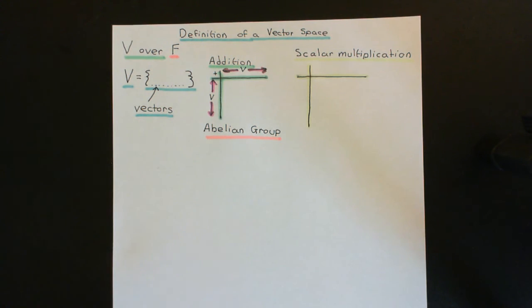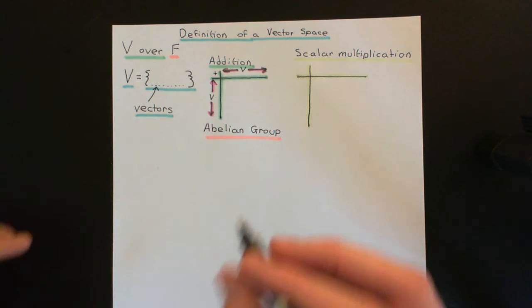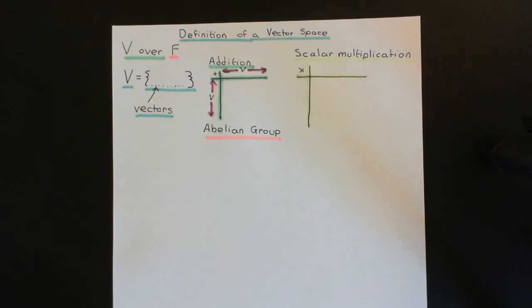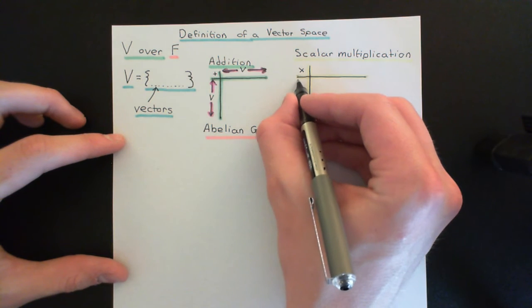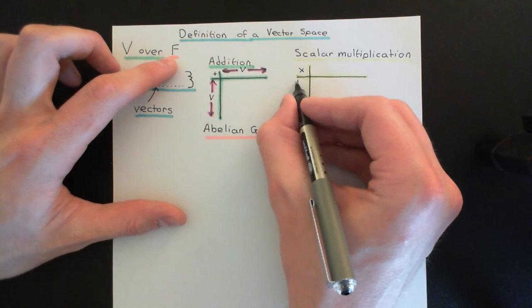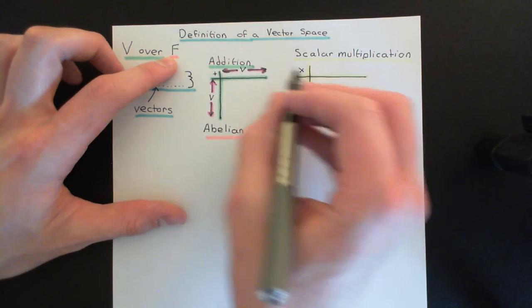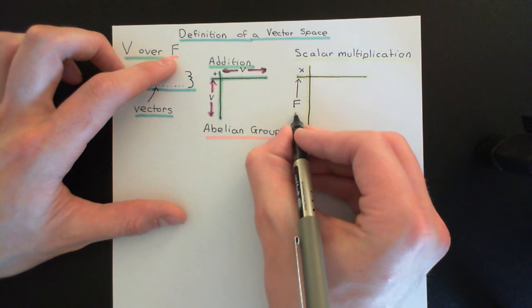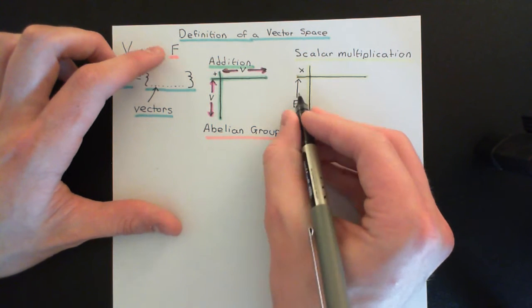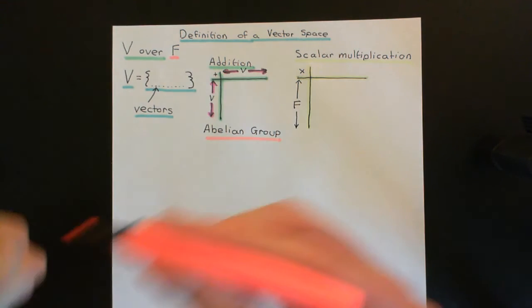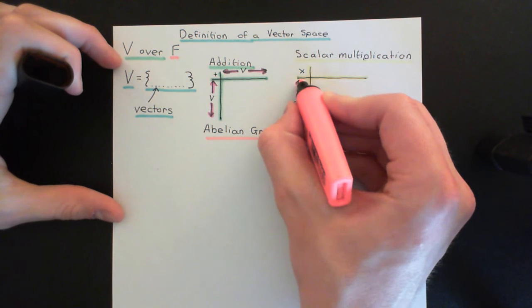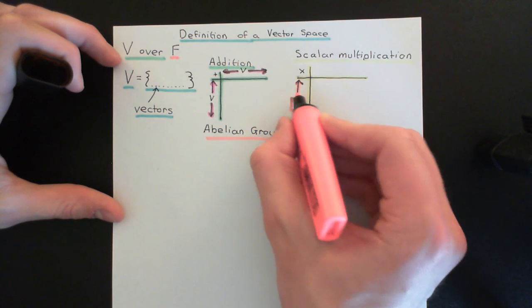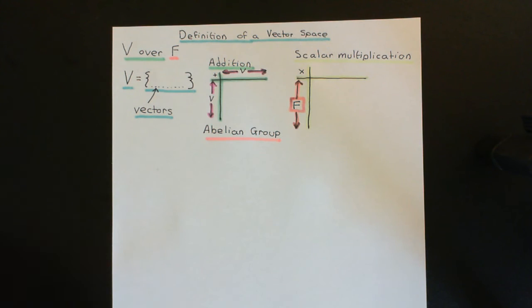So here is our scalar multiplication composition table, and the symbol for this will just be a times symbol. What we're going to do is give all of the elements of this field, capital F, this number system that's a field, rows in the composition table. So all of the elements of the field are going to appear down here.